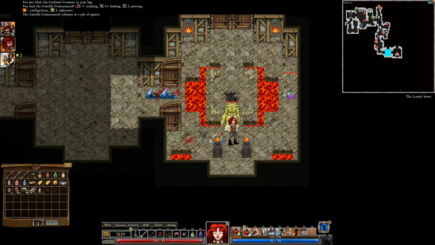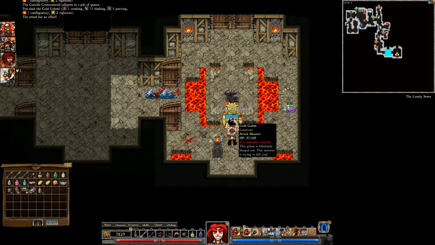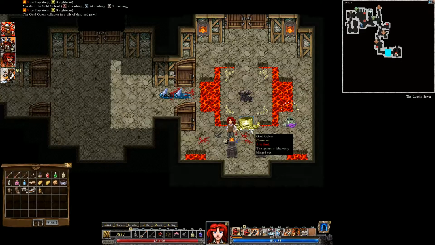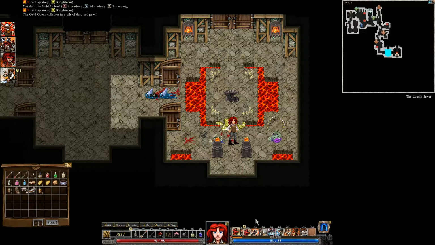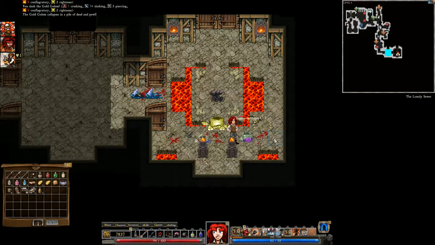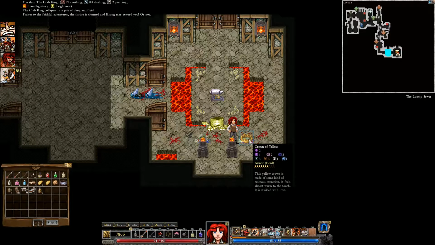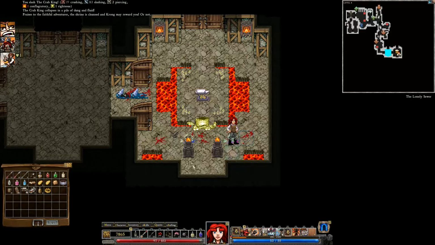Oh, the Seismic Uppercut does a melee attack at range. That's a good sign. Okay, let's try it on the Crab King here. He's nicely lined up for us here. Where's my Seismic Uppercut? There we go. Uppercut! Okay. He was dazed there for a second, and he got wrecked instantly. That was great. Got the Crown of Yellow, which I believe...